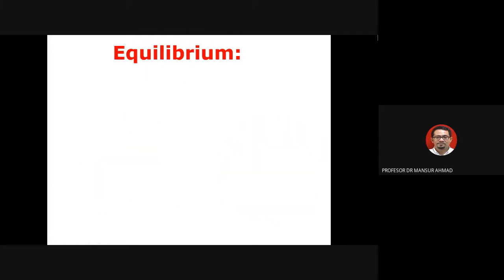Yeah, so I'm going to introduce to you now, memperkenalkan, another equation of equilibrium. I remember before the equations of equilibrium are summing forces in x direction, summing forces in y direction, and summing forces in z direction. Yeah, so now this is another equation of equilibrium, which is this.